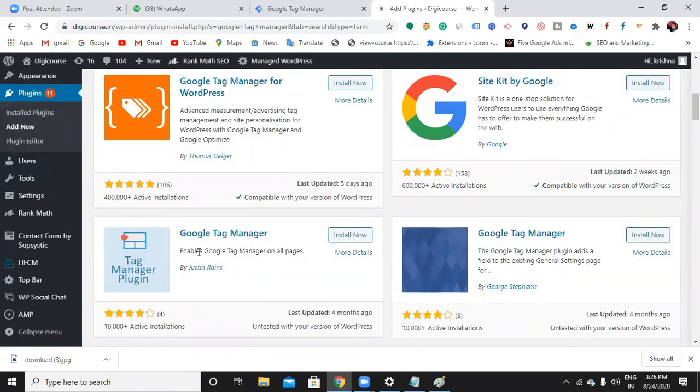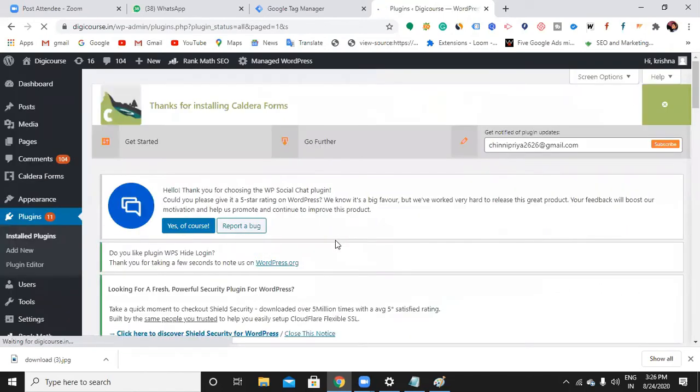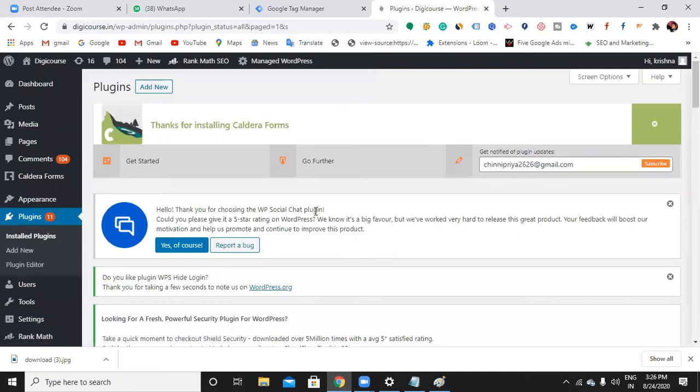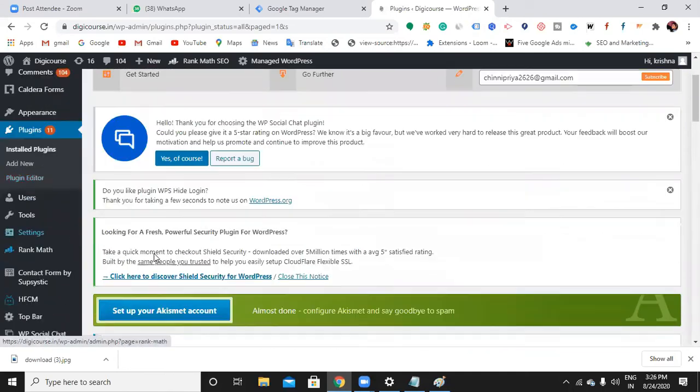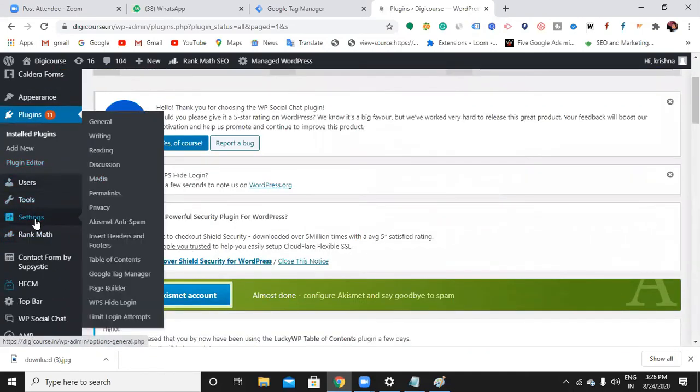Okay, Google Tag Manager, here it is. I'll just install this and activate. It doesn't automatically enable on all pages; we need to enter the ID. So it got installed. Now let us see where it is. Here it is, click this Google Tag Manager.